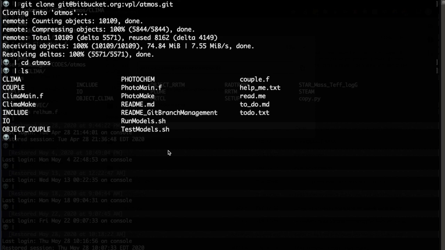I recommend that when you're starting out, you use this script here, run models.sh. There's a few reasons I suggest you start there. One is you don't have to understand all the details of something called makefiles, which is what I'll talk about in a minute, which is this photo make. You just have to be able to run this, and it should automate a lot of the compiling for you,